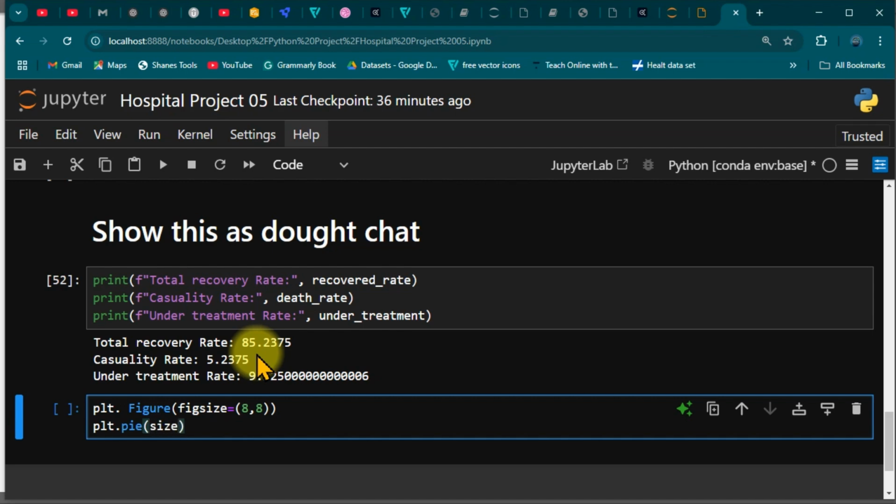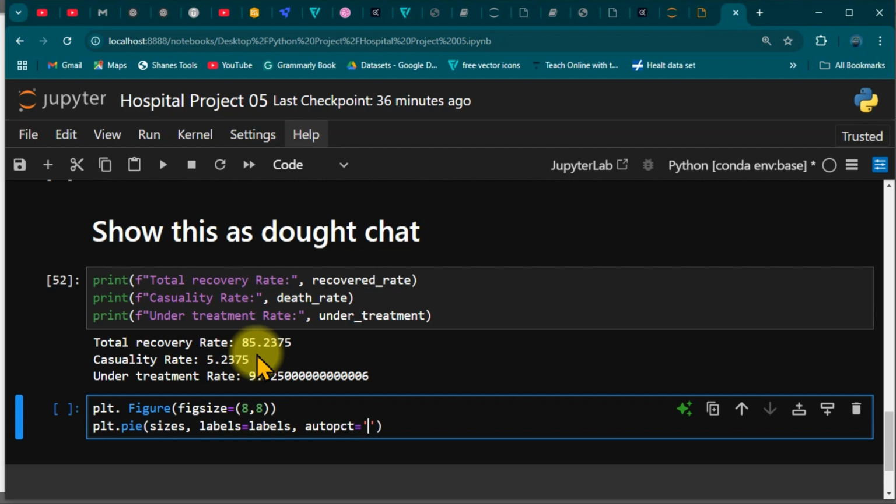Sizes, comma, labels equals labels here, comma again, and autopct for percentage. So it's going to be equals